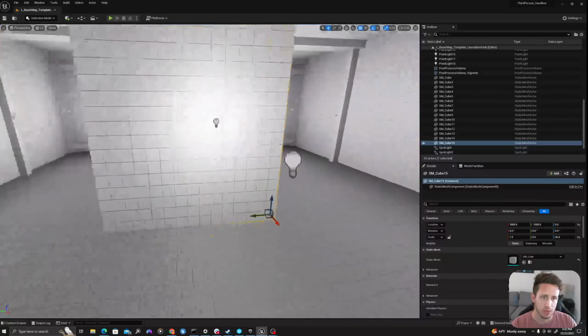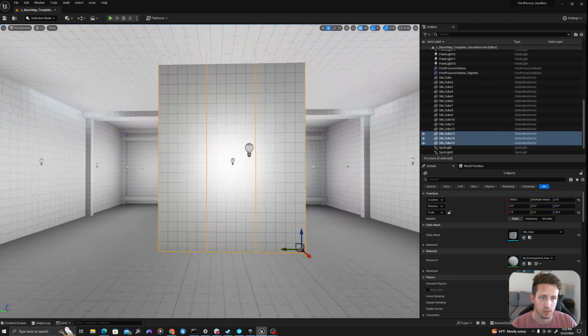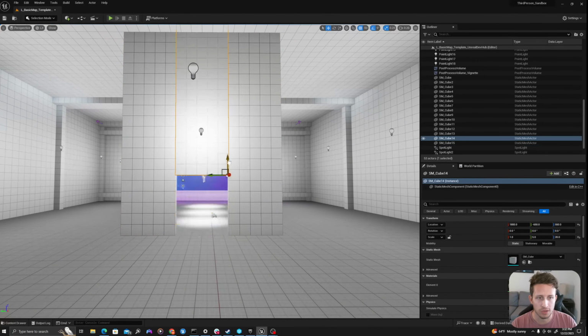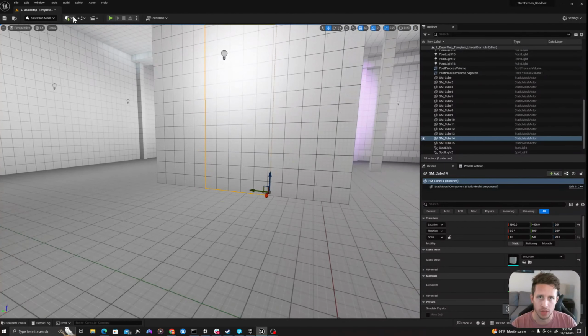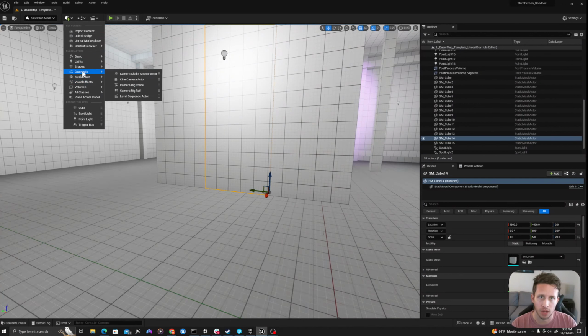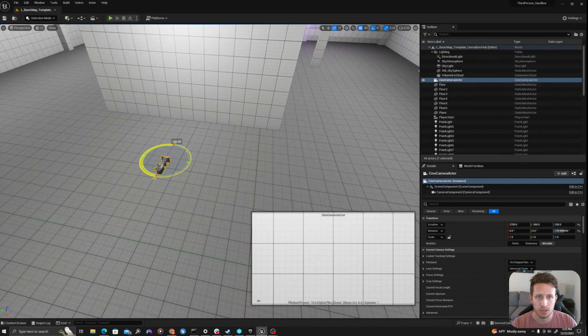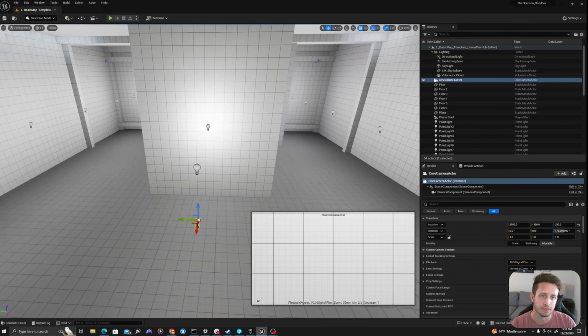And in our sequence, what's going to happen is we are going to approach this wall. We're going to enter our trigger volume, and then it will lift the door and we will see into our space. So I need to add a cinematic camera actor. So in my Place Actors panel, I will go to Cinematic and then Cinecam Actor, just right here. And I'll drag that into my space. I'm going to position it roughly where I think it might be in my shot. So I'm going to rotate it and put it sort of central to this door.